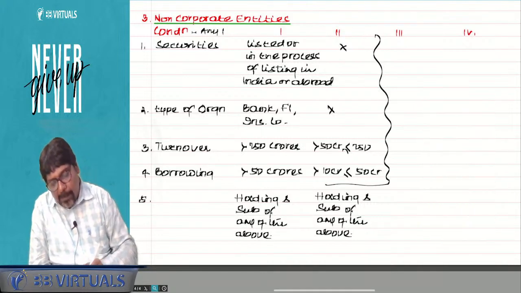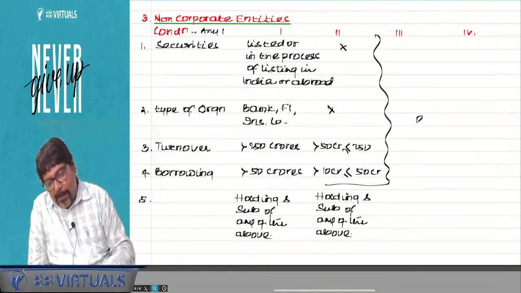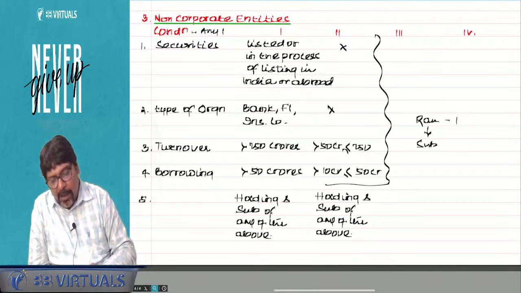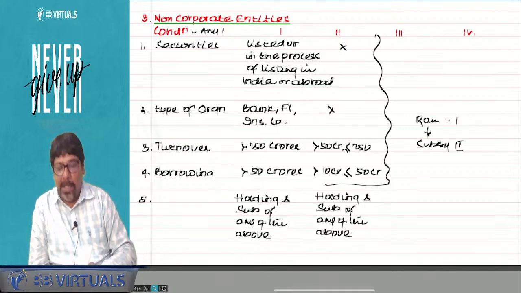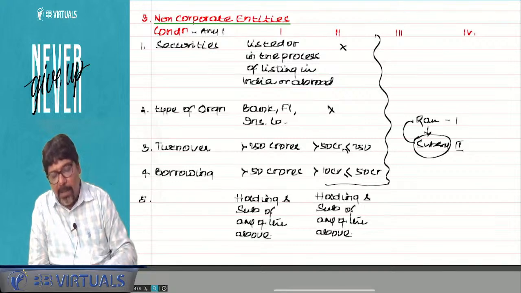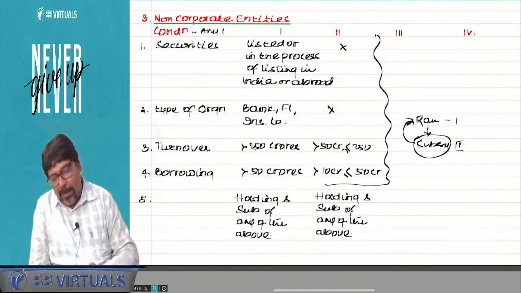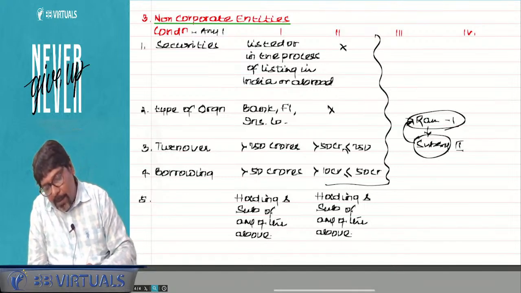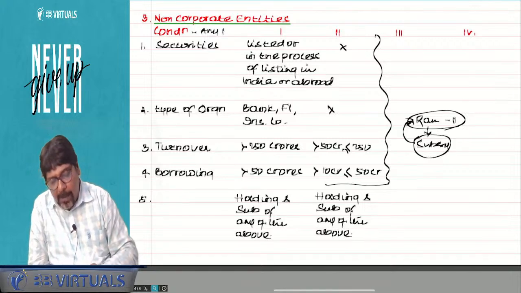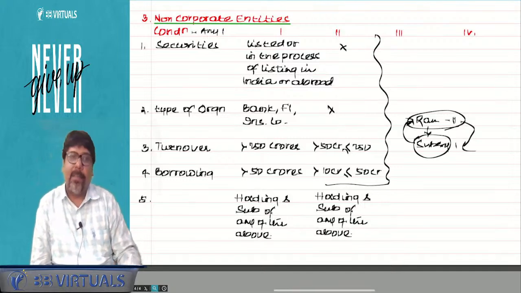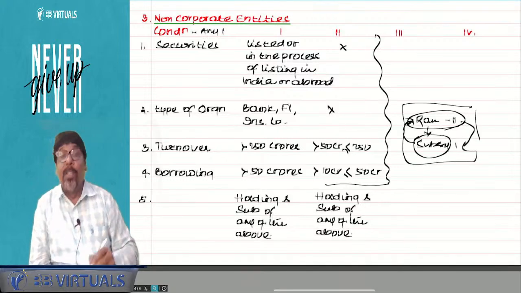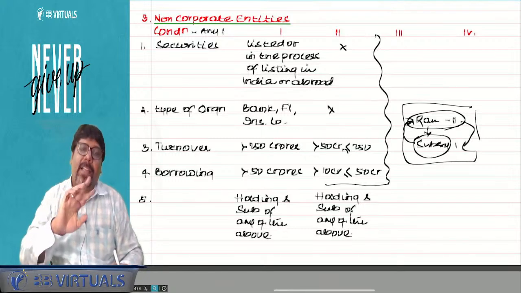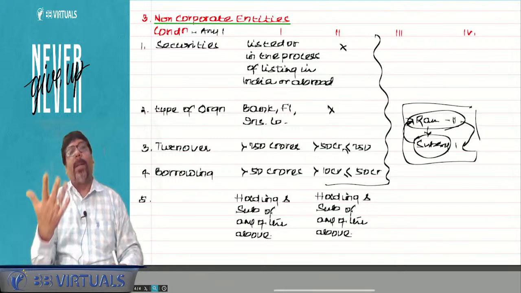Now suppose there is Ram Limited, level 1. Subsidiary Sham Limited, level 2. But the subsidiary will by default be considered level 1, because the parent is level 1. Reverse: Ram is level 2 and subsidiary is level 1. Then Ram is a holding of the subsidiary, again it is level 1. So both ultimately will become level 1. So holding or subsidiary, if any one is level 1, it will become level 1.